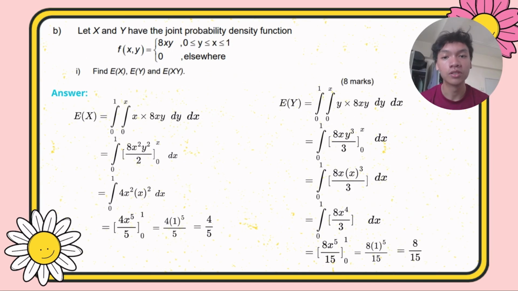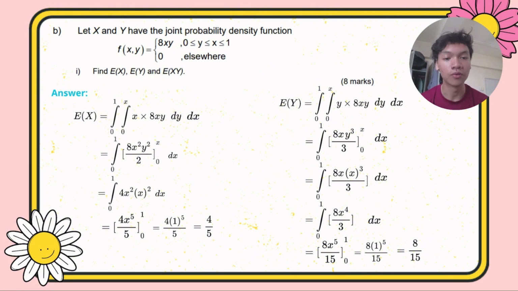Moving on to the next question, B1. They asked to find the expected value of x, the expected value of y, and the expected value of xy. To find the expected value of x, we have to double integrate 0 to 1, 0 to x, and the density function multiplied by x. So we integrate with respect to y, and we substitute the limit 0 to x. After that, we integrate with respect to x, and substitute the limit 0 to 1, and the final answer we